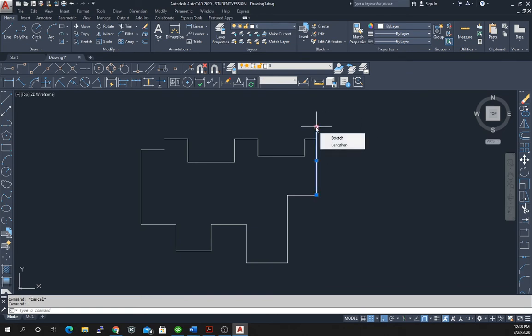When I hover over the end, do you see it tells me do I want to stretch it or do I want to lengthen it? Well, what's the difference between stretch and lengthen? Lengthen will make it longer. If I lengthen,